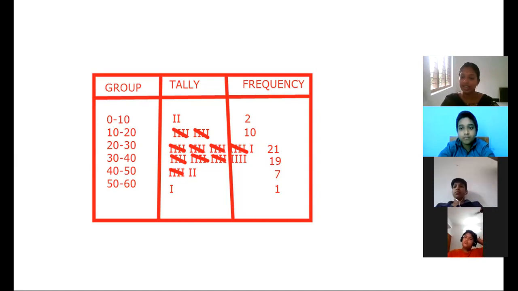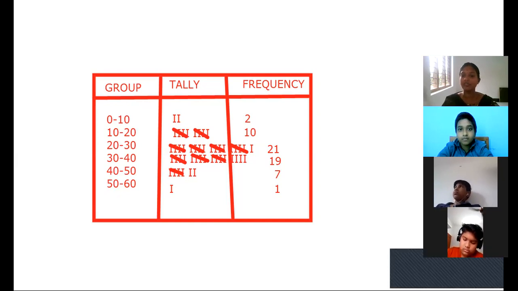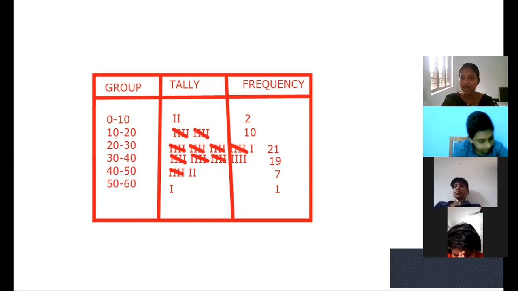Okay. Then this is called the grouped frequency distribution. In our first case, we discussed frequency distribution, and here we are saying grouped frequency distribution. We use the grouped frequency distribution when a large number of observations are given. In this case, as we know, 60 observations are given. So it's difficult to mark in a frequency distribution table. So in such cases, we draw a grouped frequency distribution. We are just grouping the